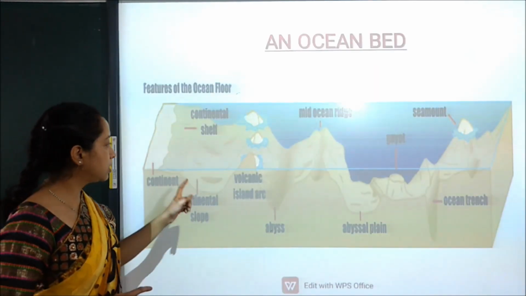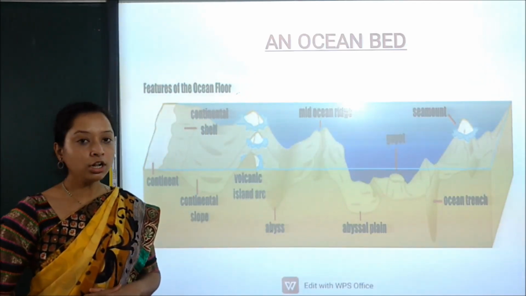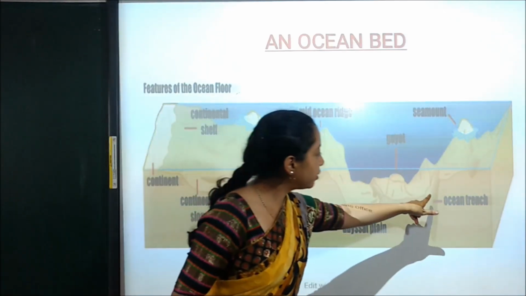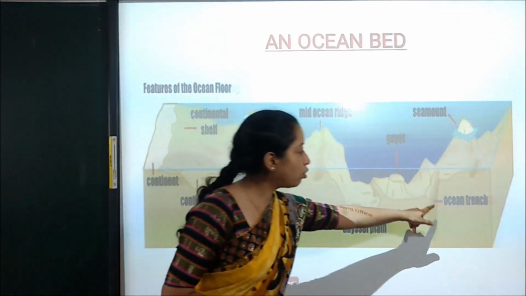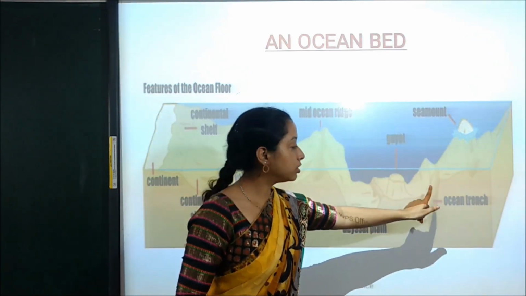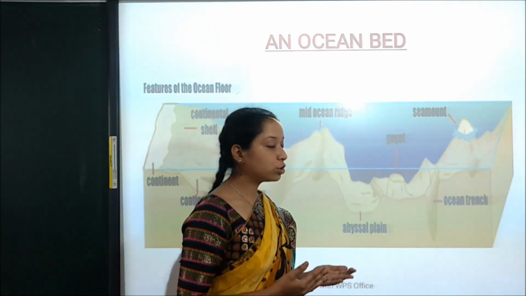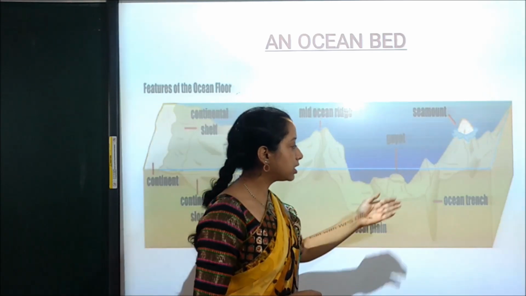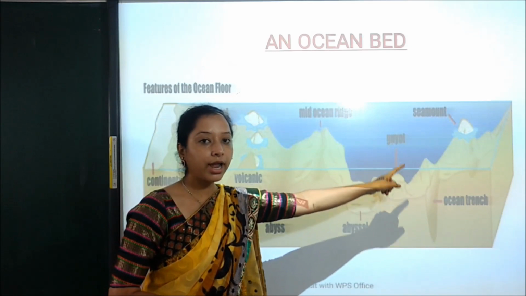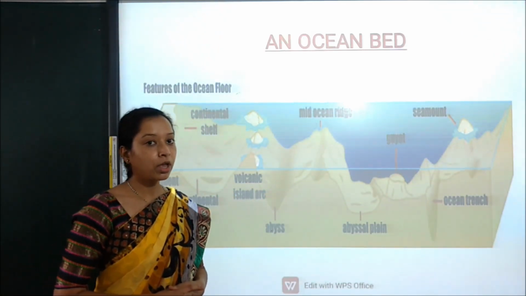Now here you can see these are the mountain ranges inside the ocean floor. And also here you can see how these narrow holes are there. See, these are ocean trenches. These are natural, long, narrow holes dug in the ground for the water to flow along. So these are called trenches and this is called mountain ranges. So this we will get on the ocean floor.